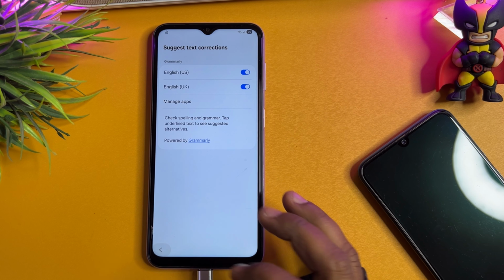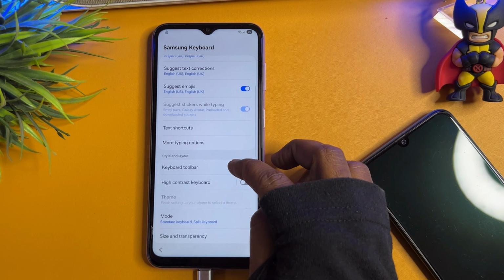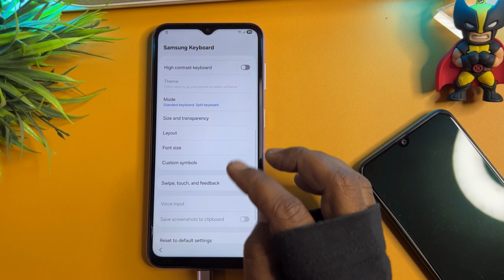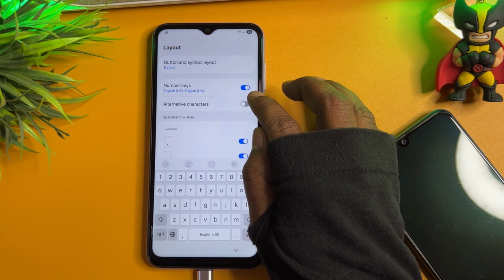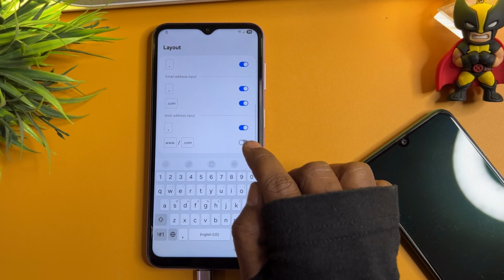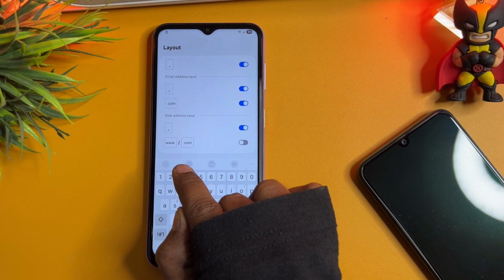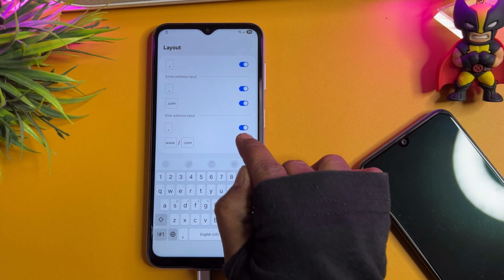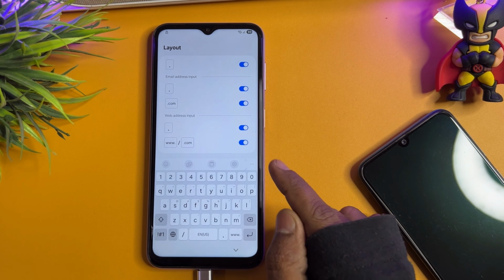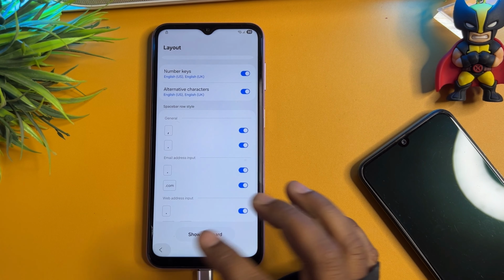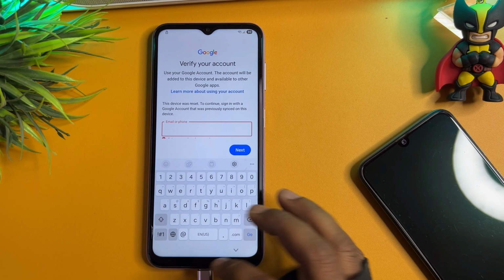Go back to the main page and go to the layout section, turn on all the options here, and also turn on www./.com, and this is very important. Go back again, go back to the first page,